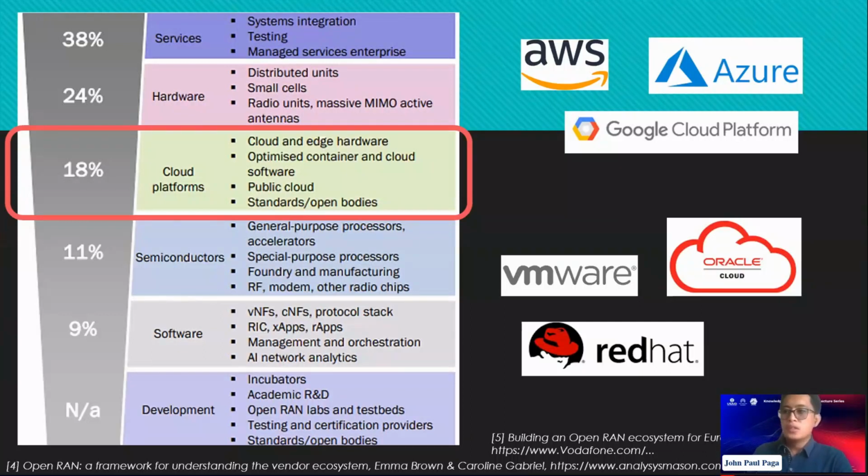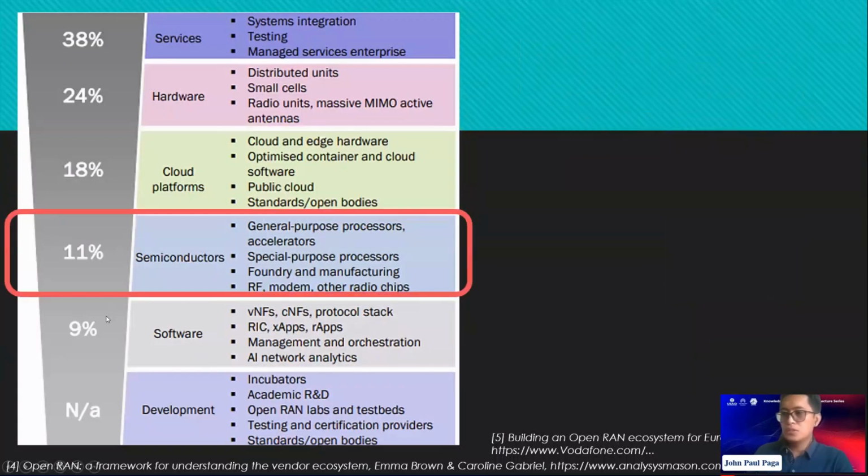Alright? Okay. So, fourthly, okay, the semiconductors. It shares 11% revenue. Okay. As there will be a demand for the general purpose processors to support higher layer RAN functions, accelerator chips for high demand workloads, and other specialized chipsets and metal castings or foundries that is needed for the radio unit. So this encourages more semiconductor companies to participate. Right?